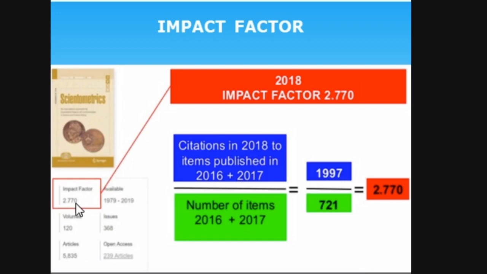So 2.777 is very good, and it is a good number. When you see a journal impact factor, any journal will claim that we are having 5, 6 or something like that, but it is not true. Only Web of Science and JCR have a standard way of computing this. So if a journal claims to have 5, it should be a standard and very good journal. If you get any mail like that, you don't believe it.